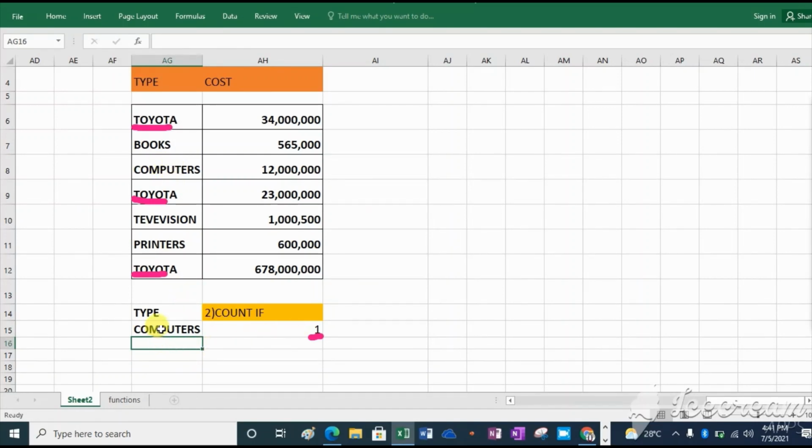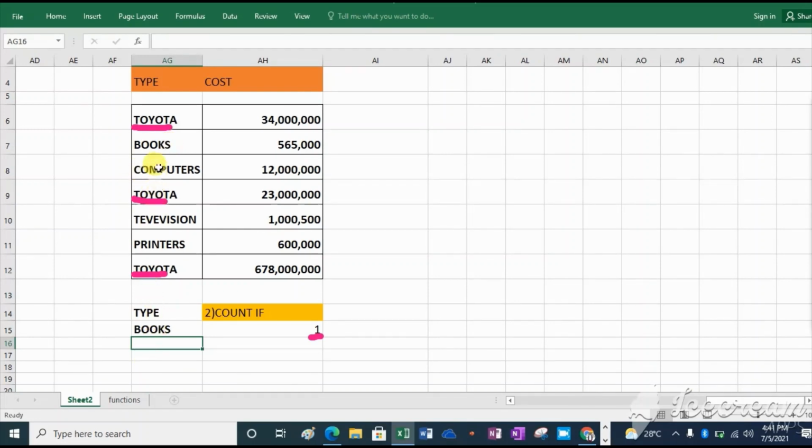If you change it by writing books, for example, and click enter, you see it is 1 because there is one cell with books.